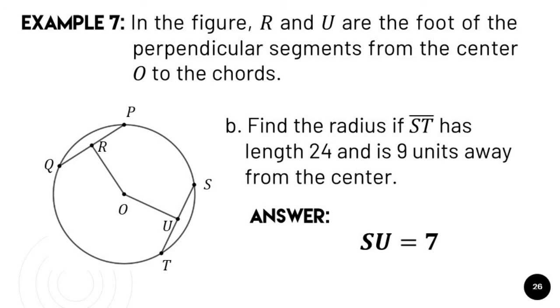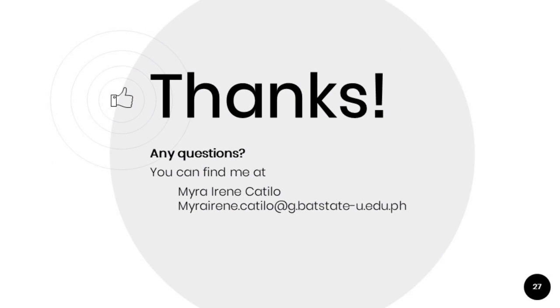The working equation will be the square of the length of the hypotenuse is equal to the sum of the squares of the length of the two legs, which is SO squared is equal to SU squared plus OU squared. Substituting the values of SU and OU,